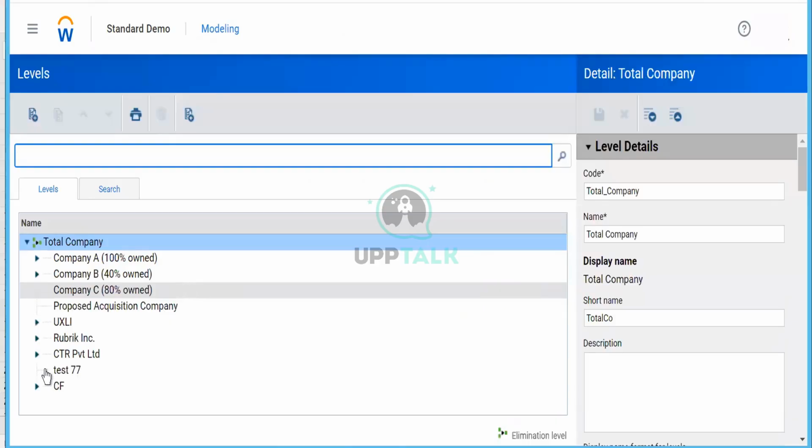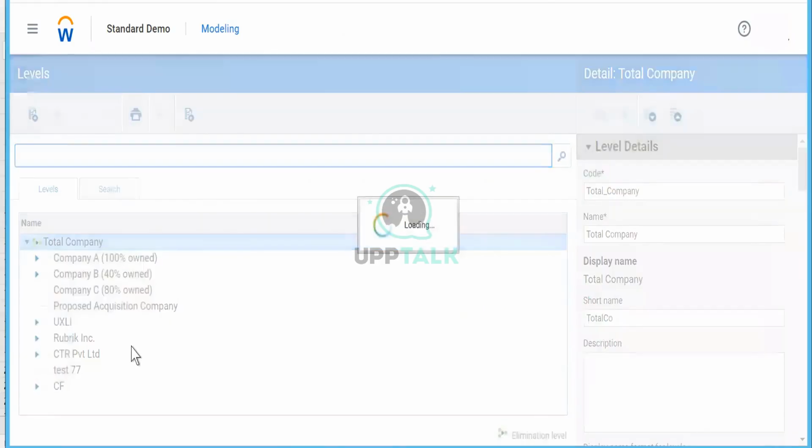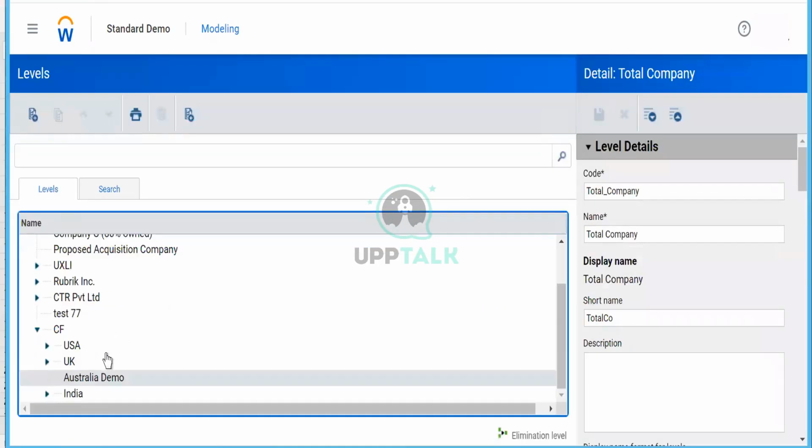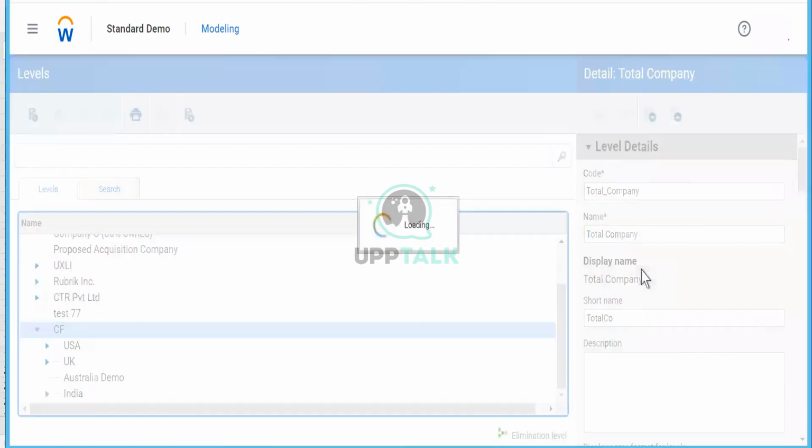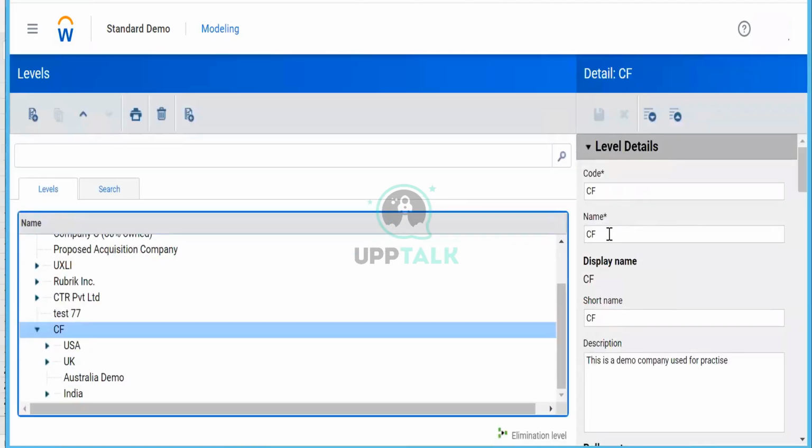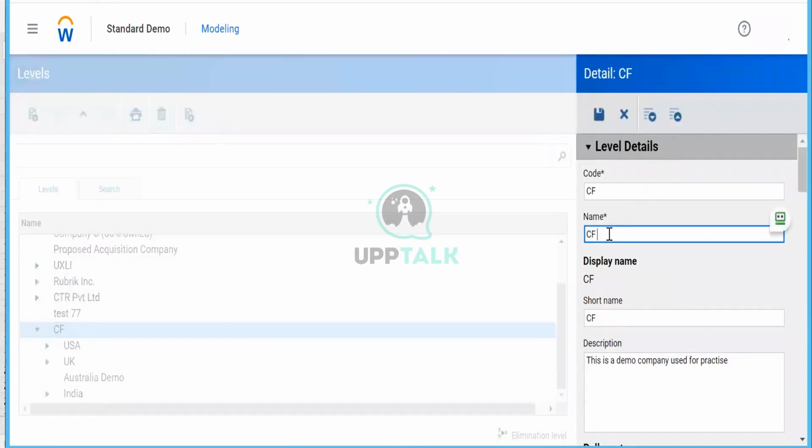Did we create any hierarchy for capturing India, Mumbai, and see if this is our level? I will just rename this CF level so that we don't have any confusion. If it's demo practice like this, you have demo practice, we will use this level everywhere.